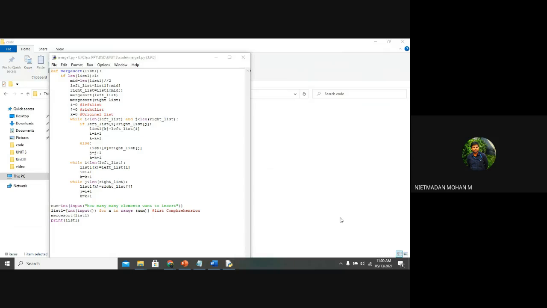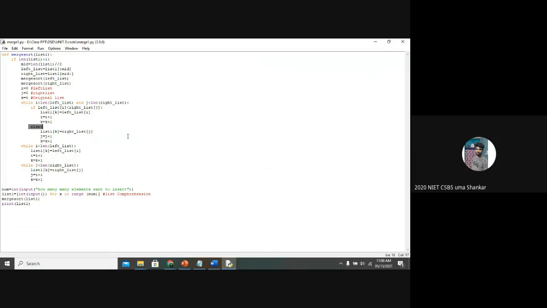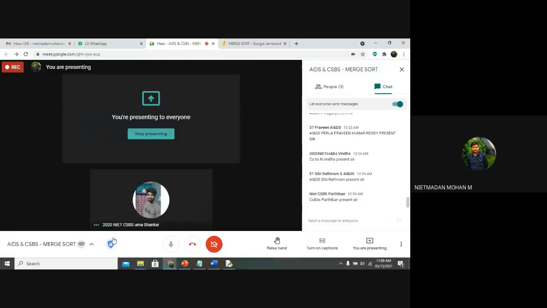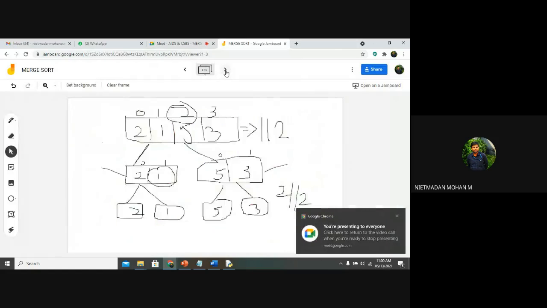Yes, Umar Shankar. Sir, here we are using else statement now, sir. In that, why we have added k equals k plus 1? So k is the main function. That is the thing I have told you, that you just imagine whatever I'm telling.